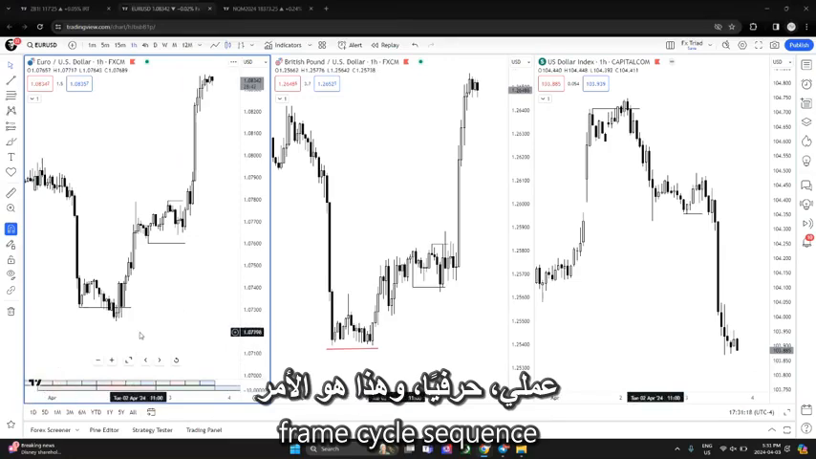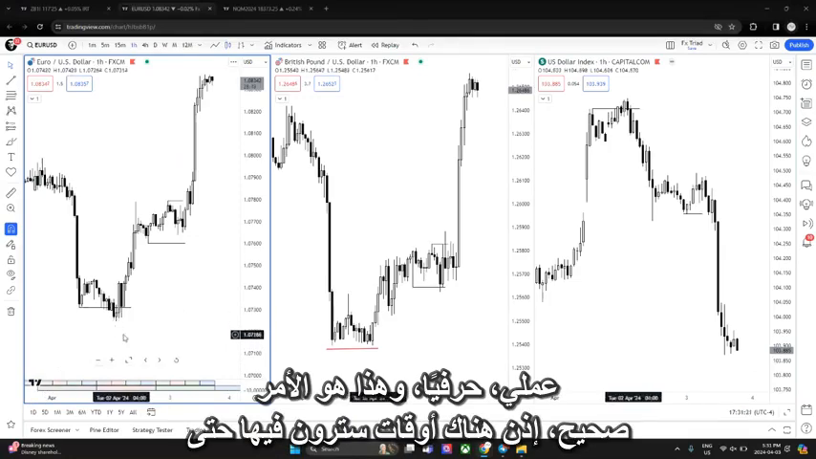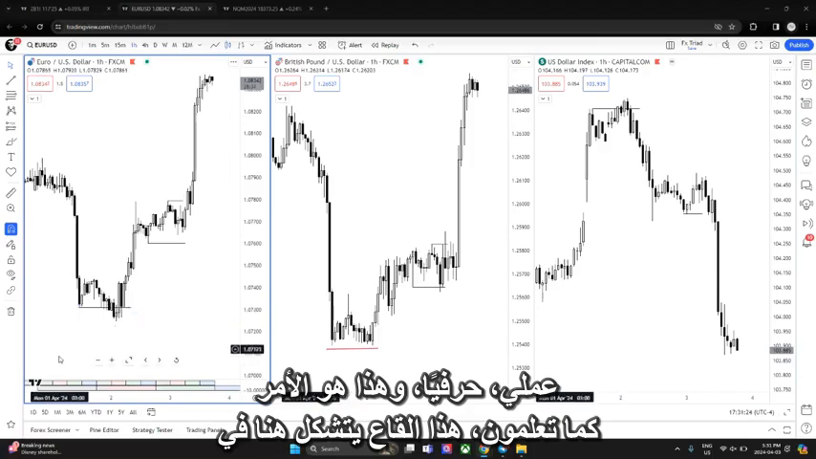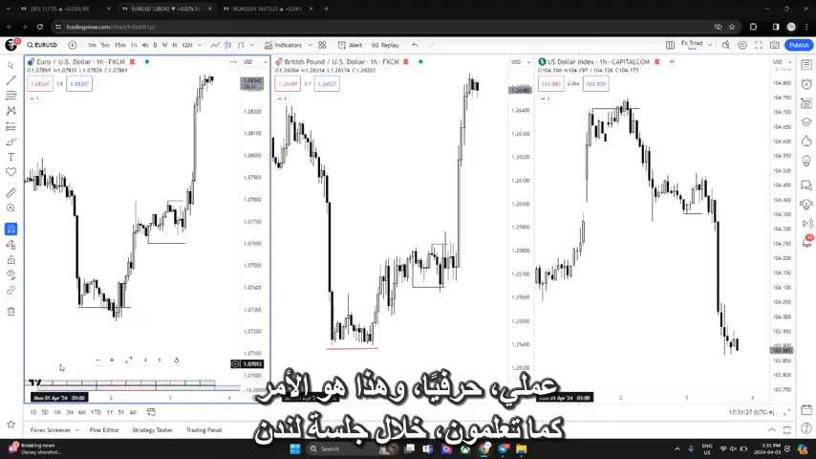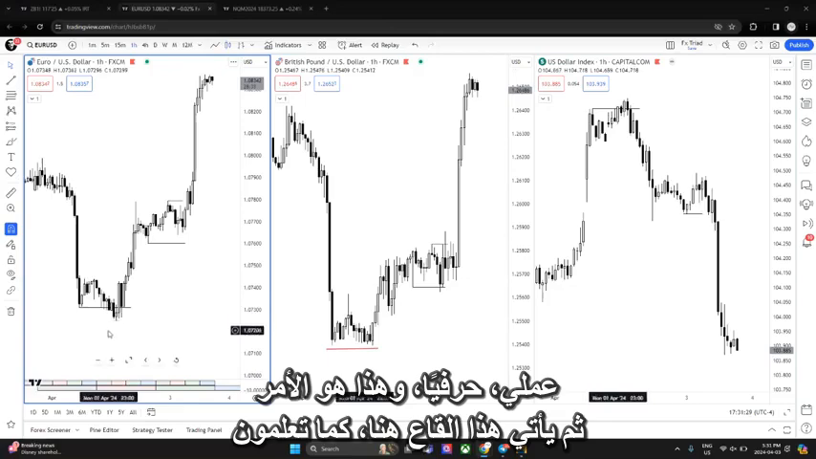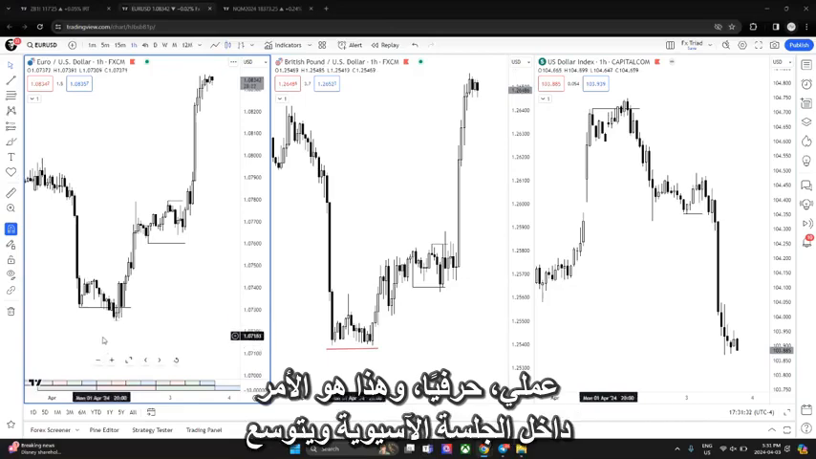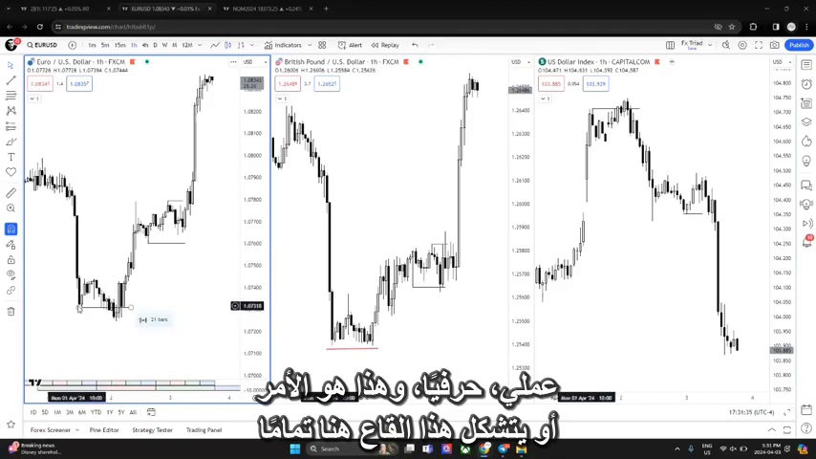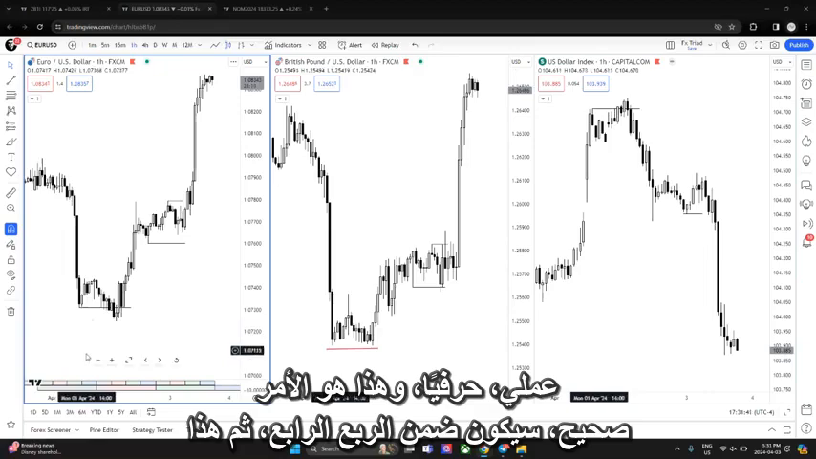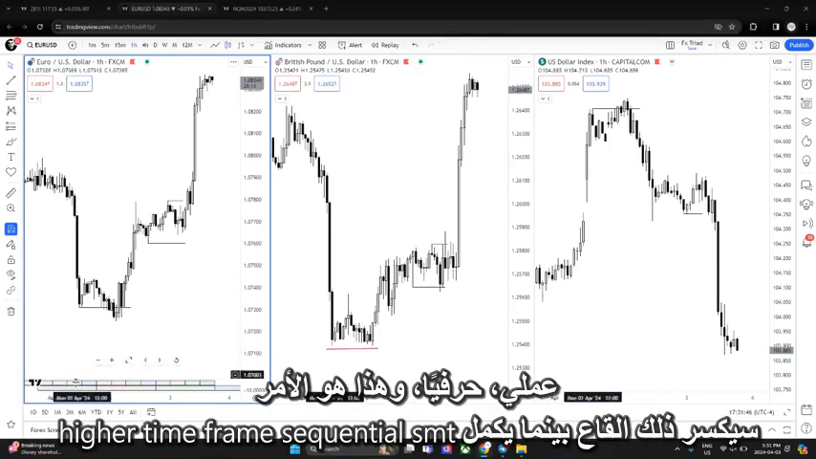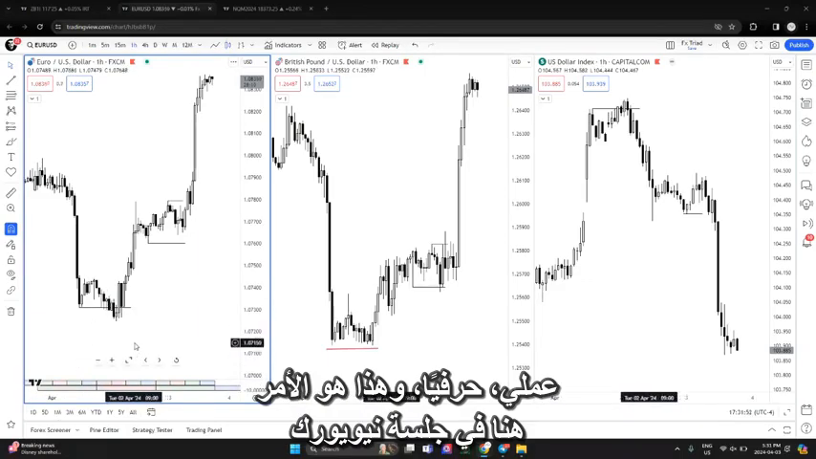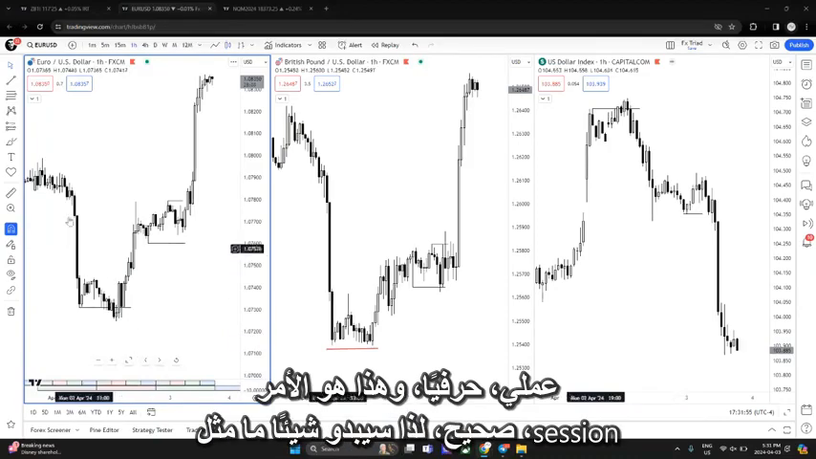cycle sequential SMT, right? So there are times when you will even see this low being formed here during the London session. And then you have this low come here within the Asian session expand. Or you have this low form right here, it would be within the fourth quarter. Then this one would take that low out while completing a higher time frame sequential SMT here in the New York session,